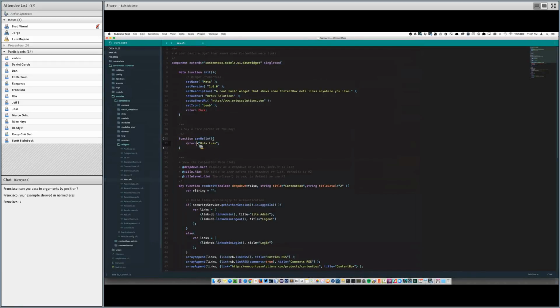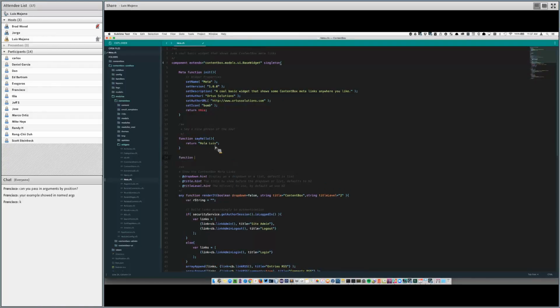Okay? So it tells me here's site admin, there's the logo because I am logged in already. There's the entries and everything in there. I can change the title to my site admin, right? And then press escape, sorry.